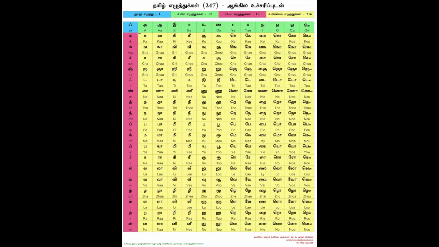So I'm going to give you the pronunciation of the consonant using the first column of the ana varisai. Varisai means the line, okay? The line category. In that scenario, category line. So,